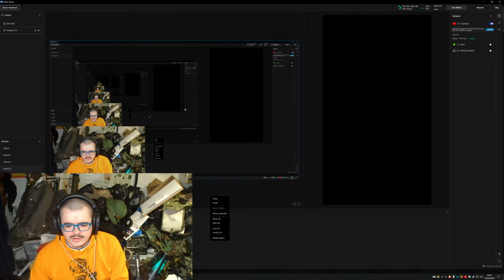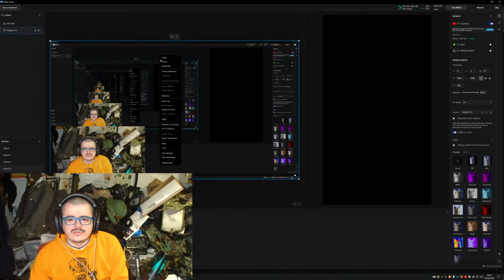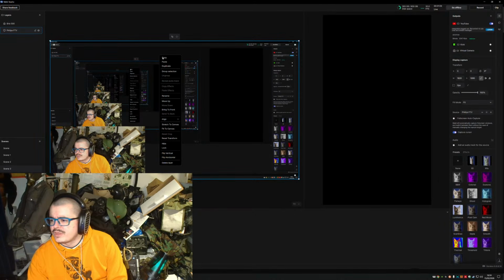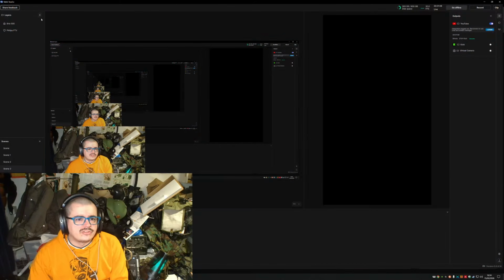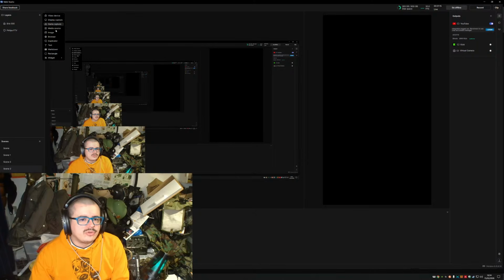Or do I right click? I hope I don't have to stop the stream to do it, because what I'm trying to do is hopefully do the... there we go. So I've got the layers. That's working again. Oh, I see it's slightly misaligned from where the button should be. So I want to do